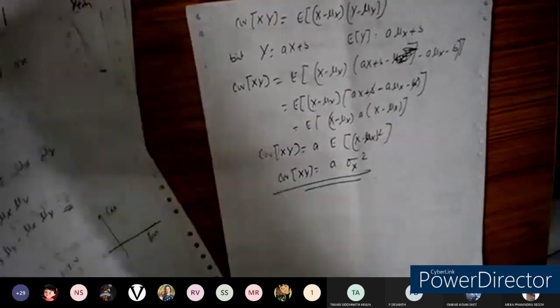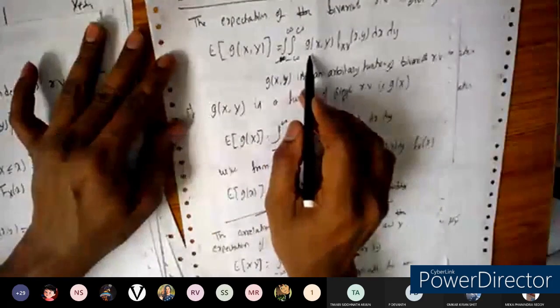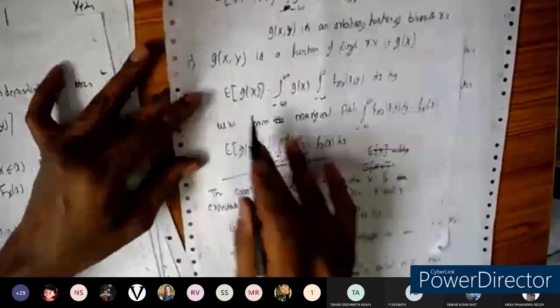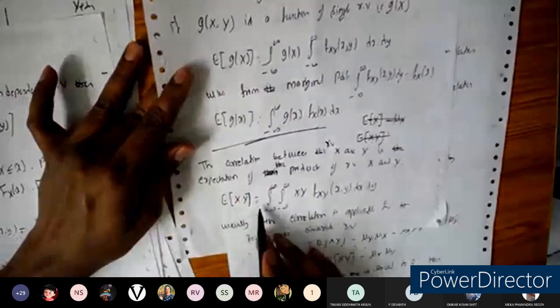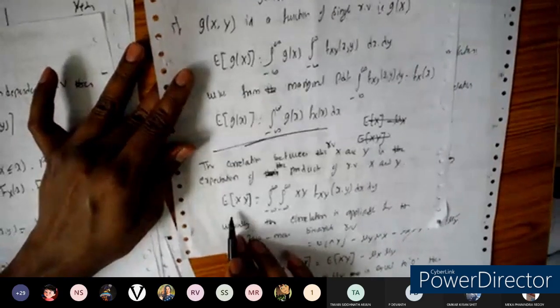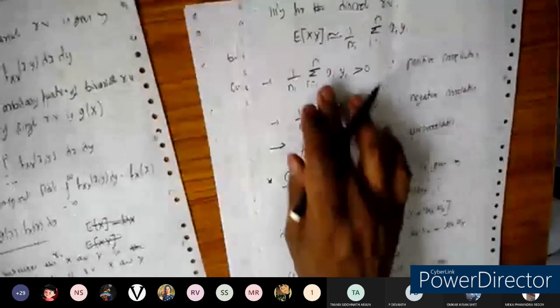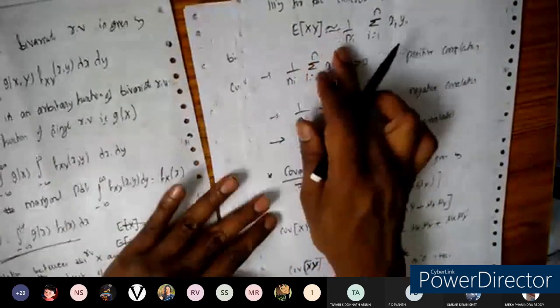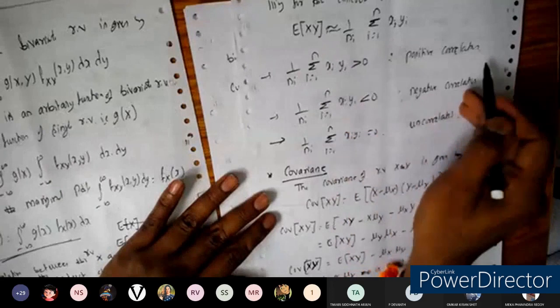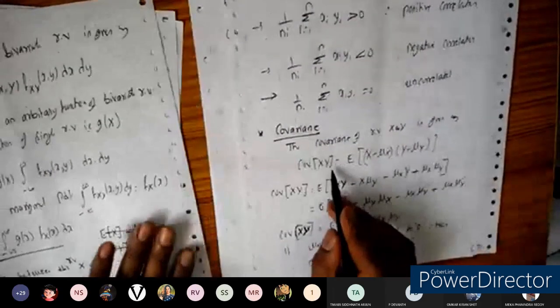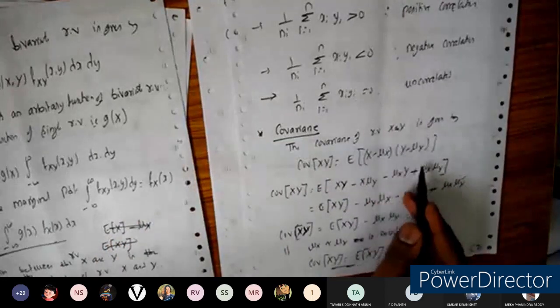So far we have seen many concepts. Just to recall, we have taken the bivariate expectation, the expectation of a function of the random variables. Next, we saw how to obtain the expectation of the product of two random variables, which we call the correlation, and similarly for discrete random variables we take the average. If it is greater than 0 it is positive, otherwise negative, or uncorrelated. Next, the covariance of random variables.